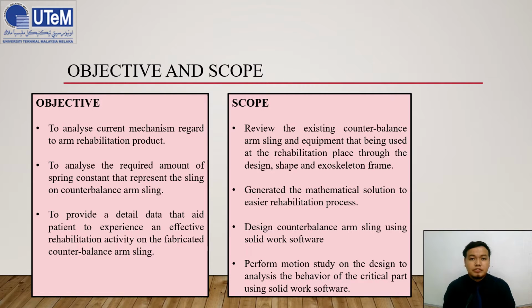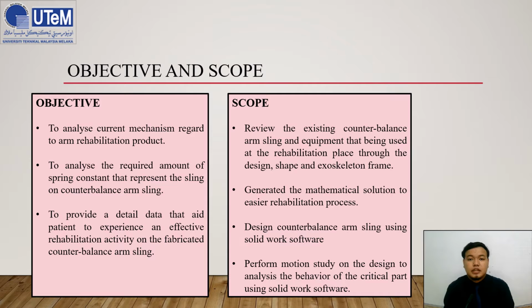Okay, for my objective and scope, the first objective is to analyze current mechanisms regarding arm rehabilitation products. The second one is to analyze the required amount of spring constant that represents the sling on the counterbalance arm sling. And the third one is to provide detailed data that aids patients to experience an effective rehabilitation activity on the